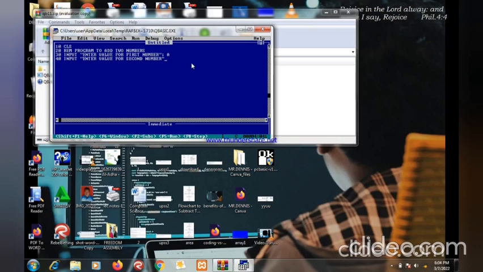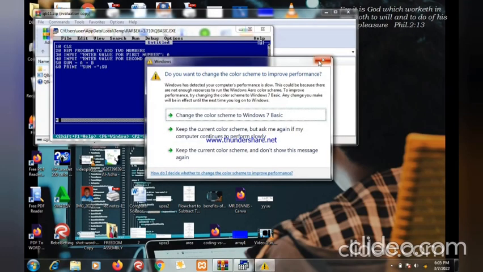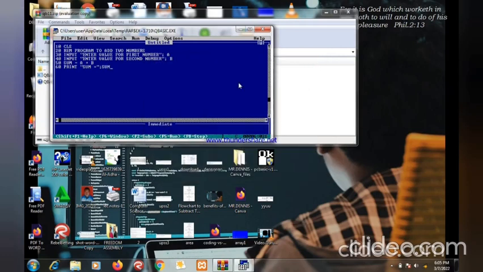Close your quotation, semicolon, and B. Then 50 is where you now perform the processing, and the sum we are doing, which is sum is equal to A plus B. Then 60, you print sum, print open quotation, sum is equal to close quotation, your semicolon, sum, and 70